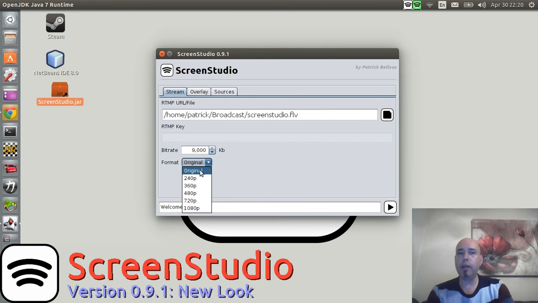So original is no resizing at all, as I'm currently using. And if you want to resize, then choose one of the formats, and it will make things a lot easier to choose the output format you want to use. And also there is the bitrate. Another thing I did